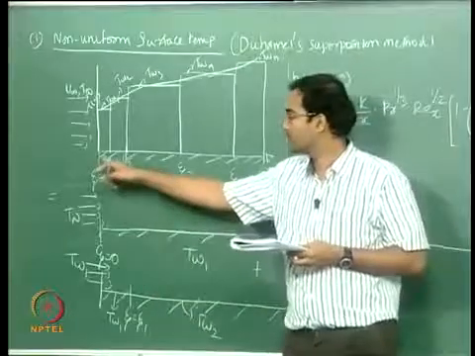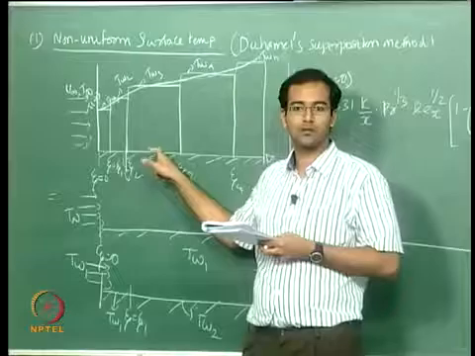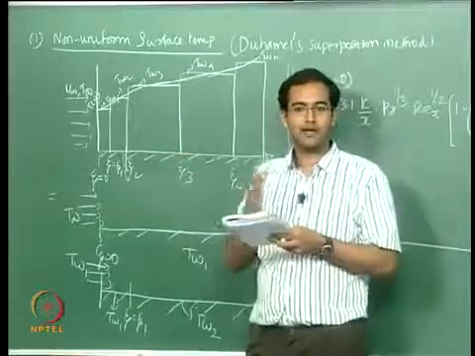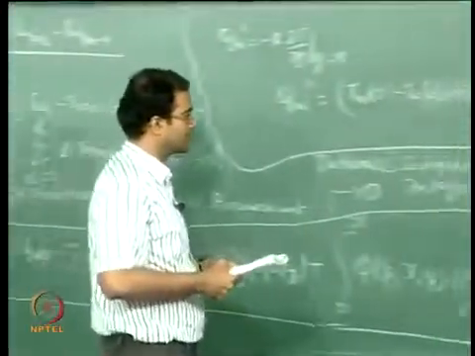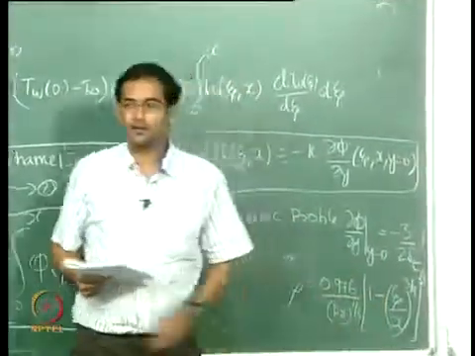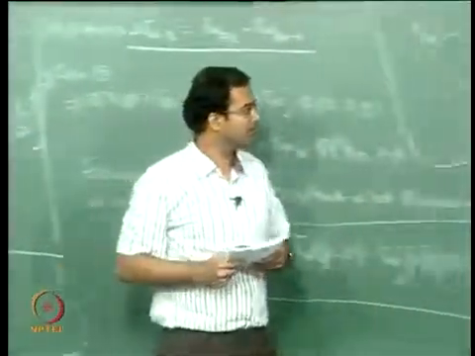So it starts initially at zeta equal to 0, then zeta 1, then zeta 2, like that the location of the unheated starting length keeps shifting. So that value of zeta has to be used in calculating the local heat transfer coefficient, and that goes into